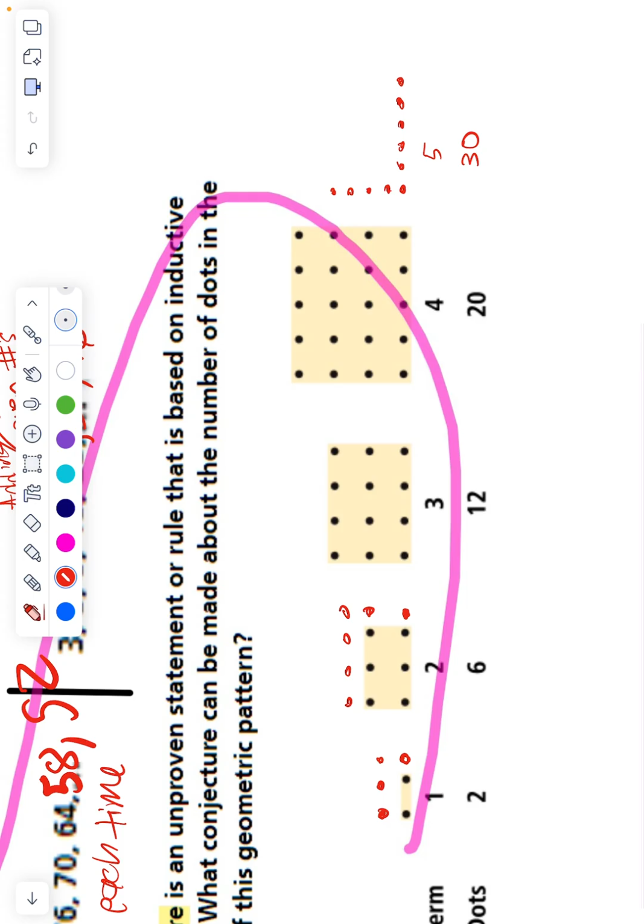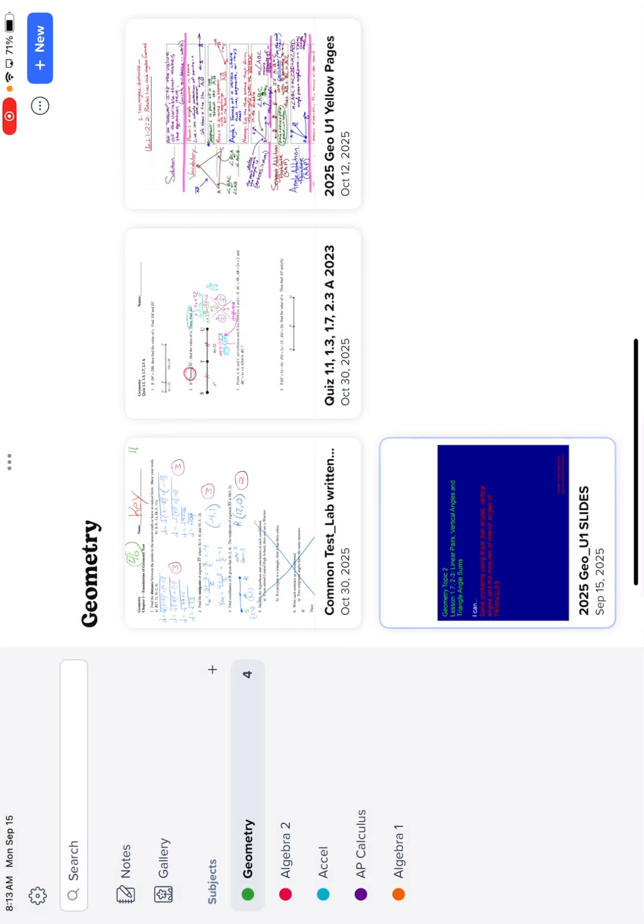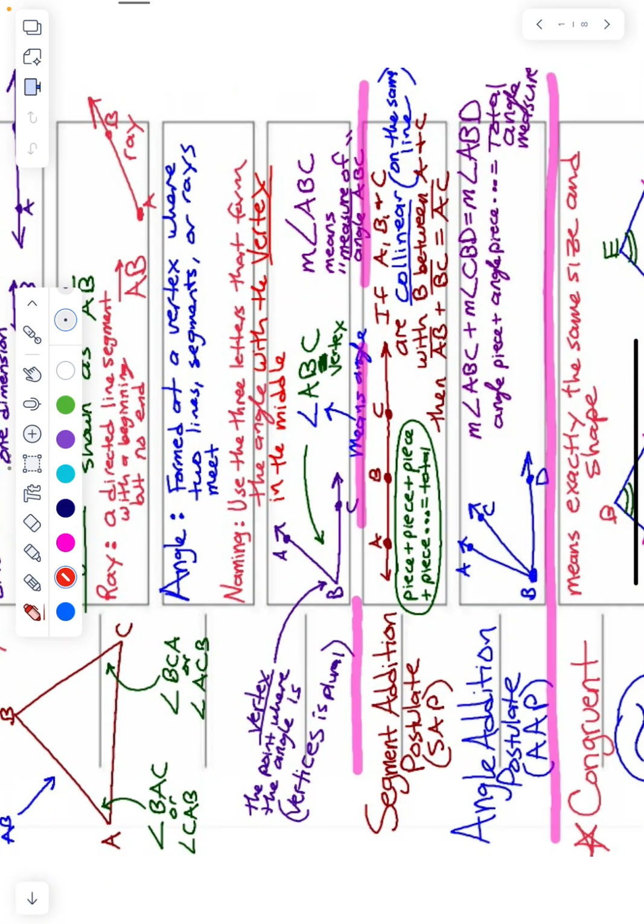Do you feel like you've done this before? Not just mathematically, but with life, like maybe even today. There are some days when I drive in and it just seems like people are impatient or crazy. And after seeing 2 or 3 drivers that are driving that way, I start to make a conjecture that there's something in the air or whatever. It's just a weird day. Okay? Let's go write a few of these vocab words down